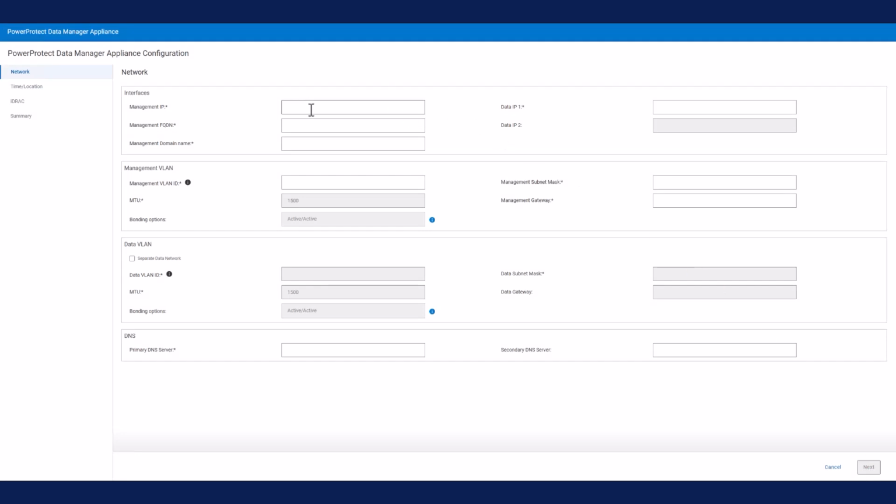The network screen opens and the networking information is entered. In this example, one management IP, FQDN, and domain name is entered. At least one data IP is needed, but two are recommended for redundancy and failover. Only 3 or 4 IPs are needed, and only the management IP needs to be in DNS with forward and